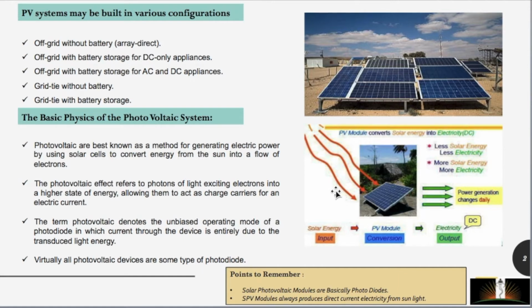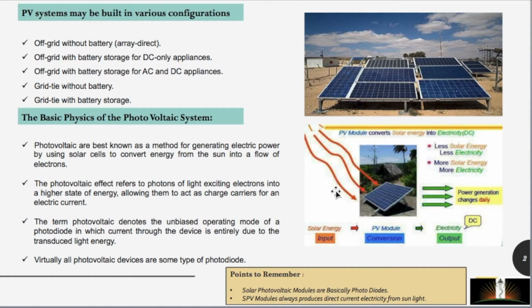In the daytime, let's say it has generated 10 units. It will push the 10 units to the grid, and throughout the day, let's say we have consumed 12 units. So we only need to pay for 2 units of electricity. This is called a grid tied without battery system. Here our grid is basically acting as a battery storage.